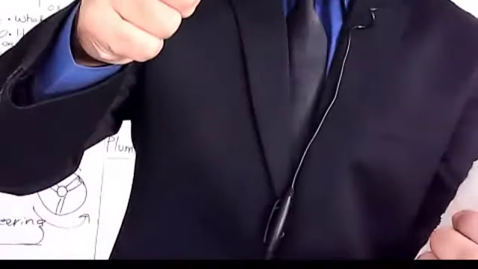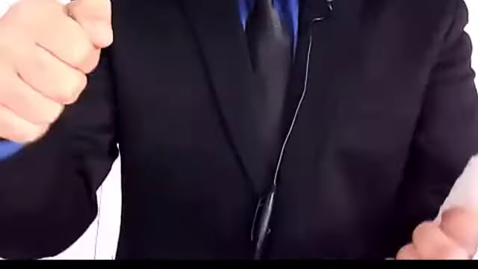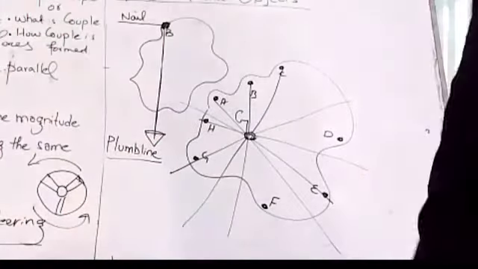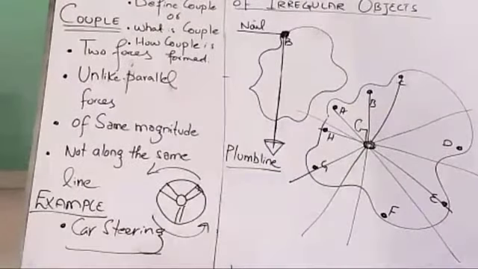If they act along the same line, then they do not follow the concept of the couple, and they do not fulfill the condition of the couple. So whenever you turn the car, from one hand you exert a force in the upward direction, and the other hand is going in which direction? Downward direction. Couple. Left to right, couple. Right, left, they are forming a couple at the same time. So these are a few points related to the concept of the couple: two unlike parallel forces.